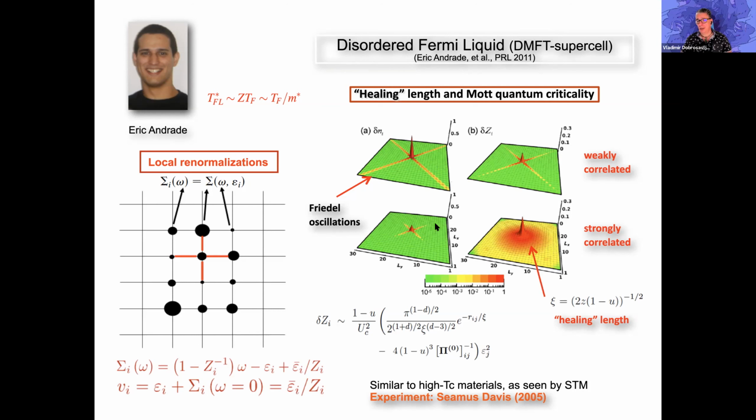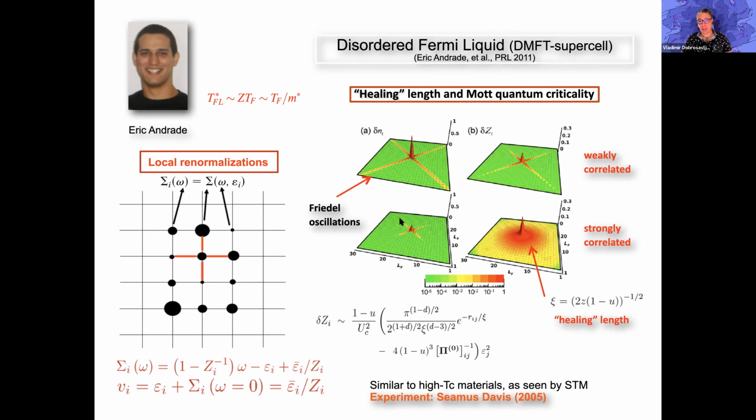weakly correlated metals. And this is very closely related to an interference process that's responsible for Friedel oscillations. And that term, given by the Lindhard function, is now strongly suppressed by the interactions or correlations. And that means that all the interference processes in disordered Fermi liquids should be suppressed. This includes, probably, in the presence of a finite number of impurities, the famous Schuller-Ronner effect. And that perhaps explains why signatures of this Schuller-Ronner effect are very seldom seen in strongly correlated systems where we have a heavy Fermi liquid.